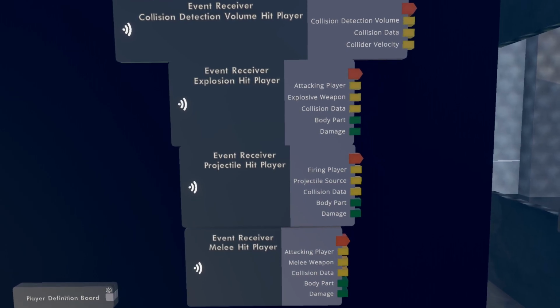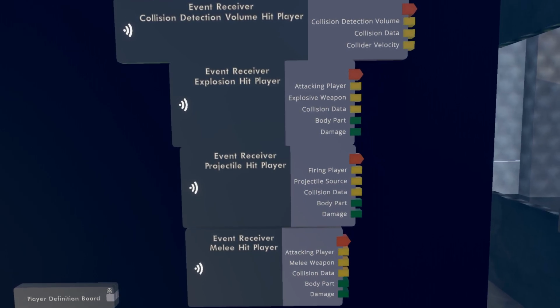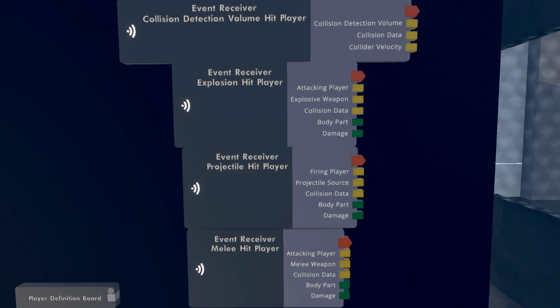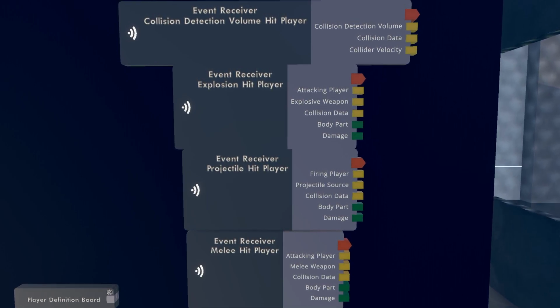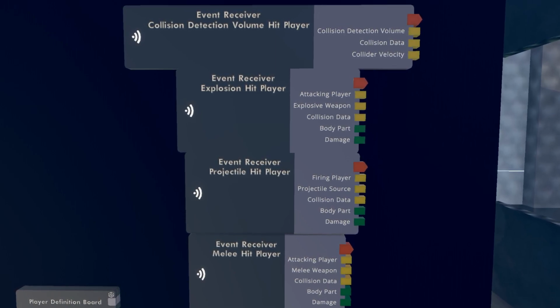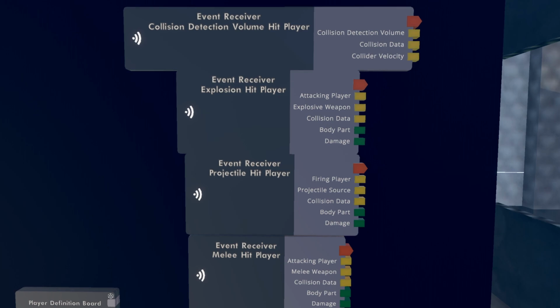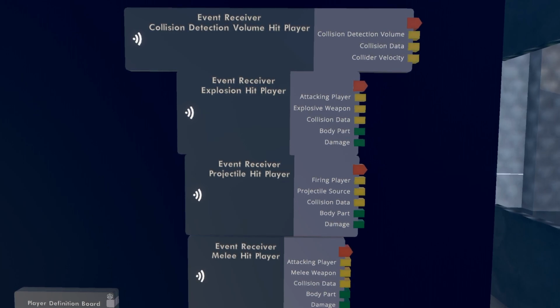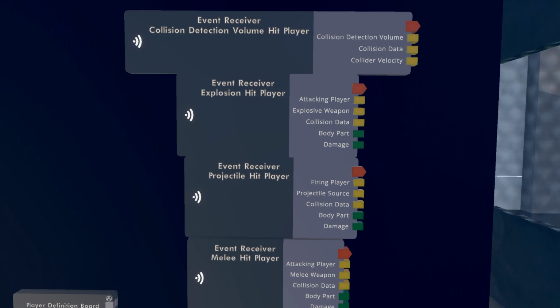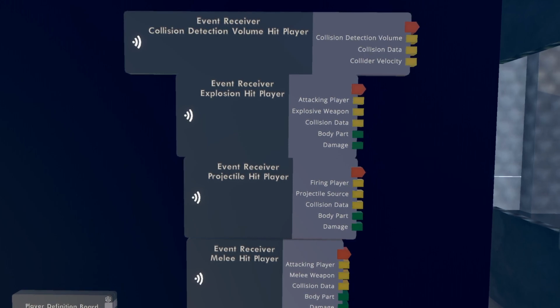Usually one or both of those will be empty or invalid, because either you're hitting an object or a player. It will contain the position of that impact. It will contain the distance from the thing that was hit to the thing that was being launched, and it will contain the normal. The normal is just the perpendicular direction. You probably won't need that. Does that make sense? Collision data? Okay.